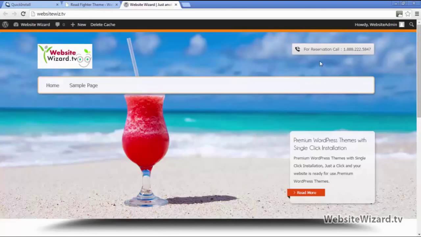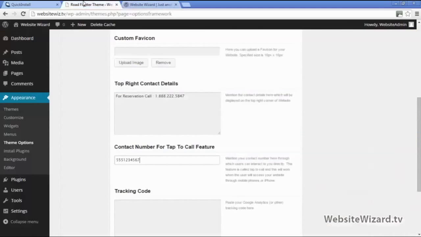So in your case, you might not necessarily want a tap to call button, and that's completely fine, but you can still use this space to display your telephone number if you like, or possibly your contact email address. So to do that, let's assume then that you just want to have your email address here instead. Then go back to the dashboard, and in this area just write email us at